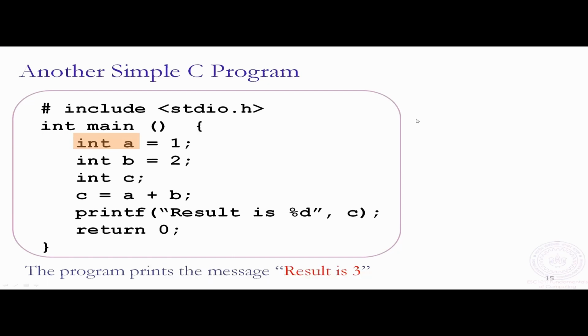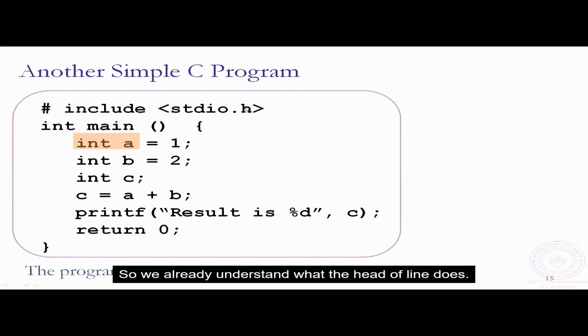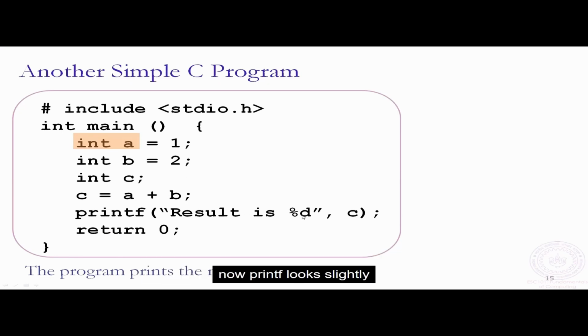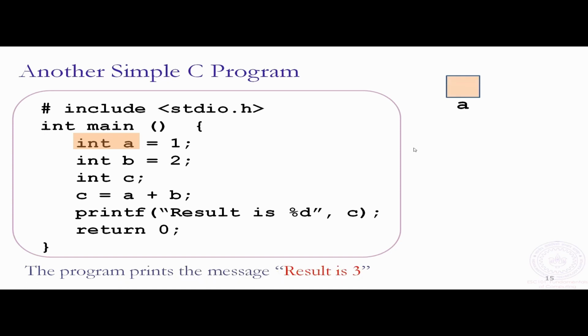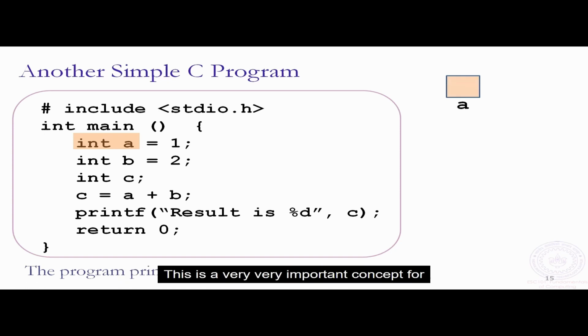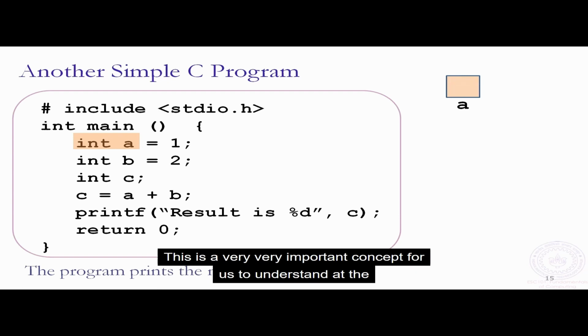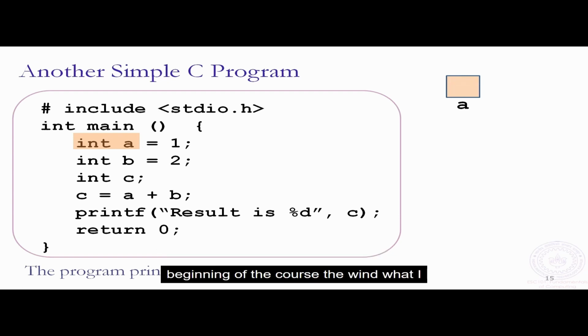What does it do? So we already understand what the header line does. We already know what int main does. We already know what printf does, except that now printf looks slightly different than before. So there's some things that are different. Let's just quickly go over them one by one. This is a very, very important concept for us to understand at the beginning of the course. Rewind what I am saying right now and listen to it multiple times in case what I say is not